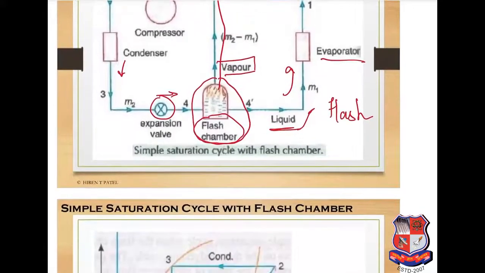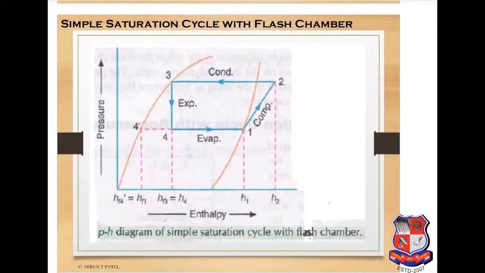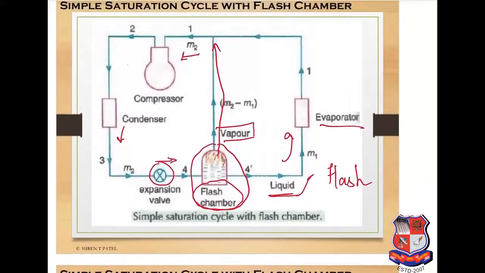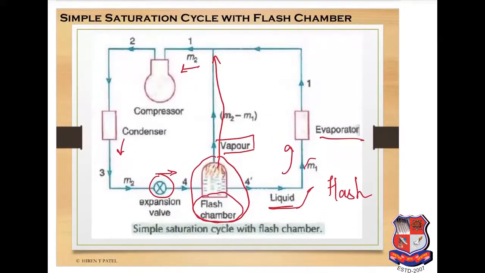So the p-h chart of this system is like this. Here the mass m1 is the mass of liquid refrigerant supplied to the evaporator, and mass m2 is the total mass of the refrigerant that is passing through the condenser or leaving the expansion valve, and m2 minus m1 is the mass of flash that is directly transferred